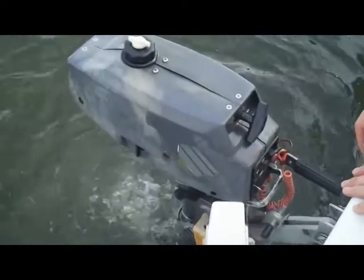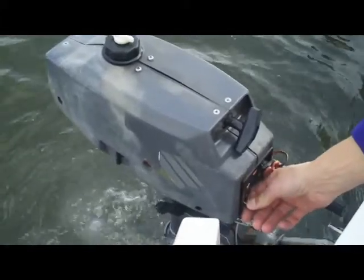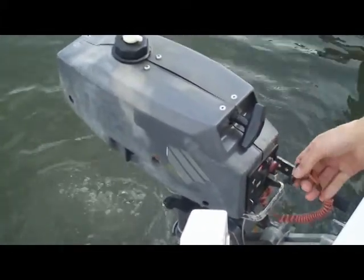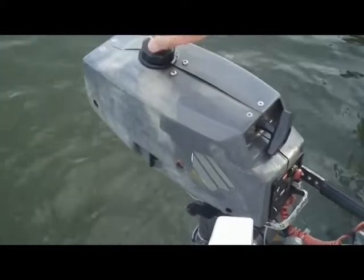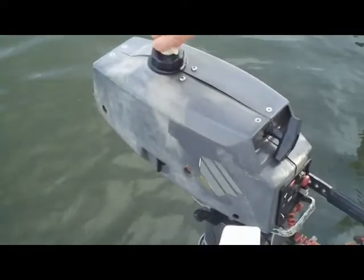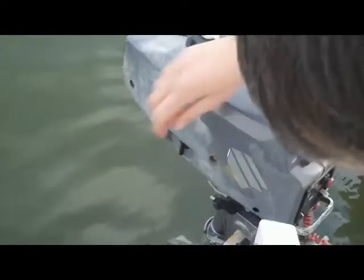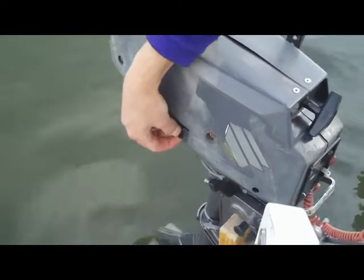Okay, so to switch it off, put the throttle down and just take the kill switch out. So, close the bleed screw, otherwise when you tip it up the petrol will come out of it. Yep, put the petrol off,